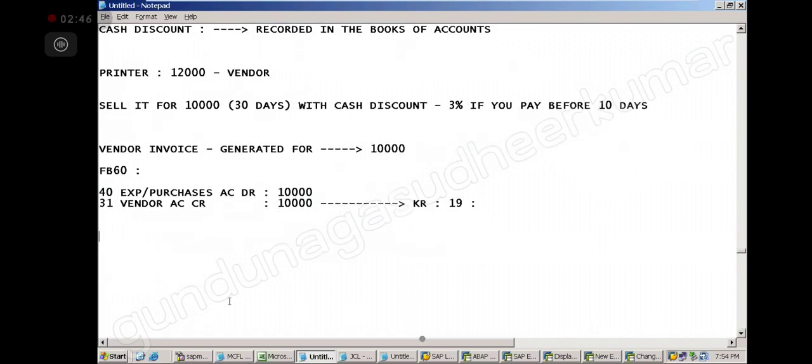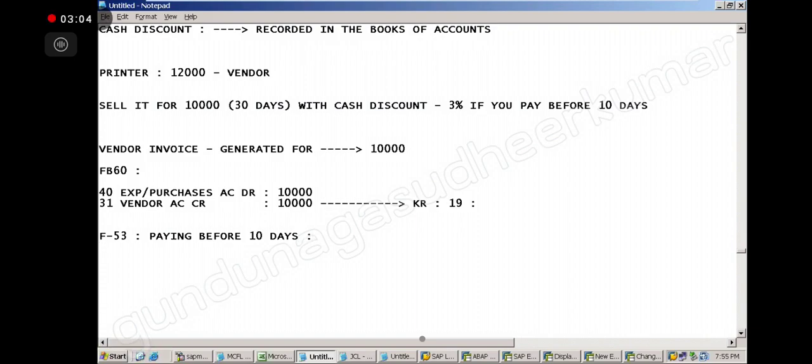Okay, now suppose we are paying, where will I pay? What is the T code? F-53. Suppose we are in F-53, we are paying before 10 days. Correct.